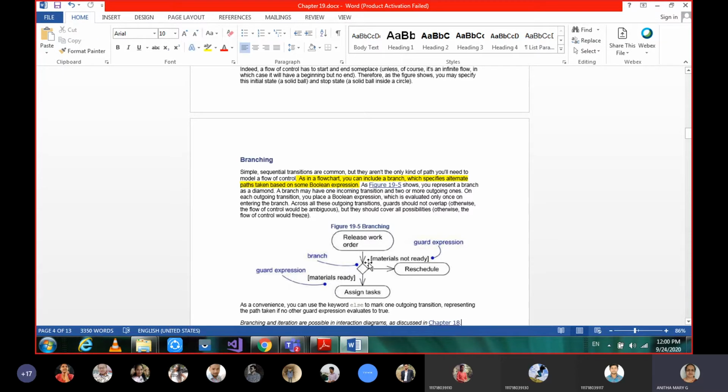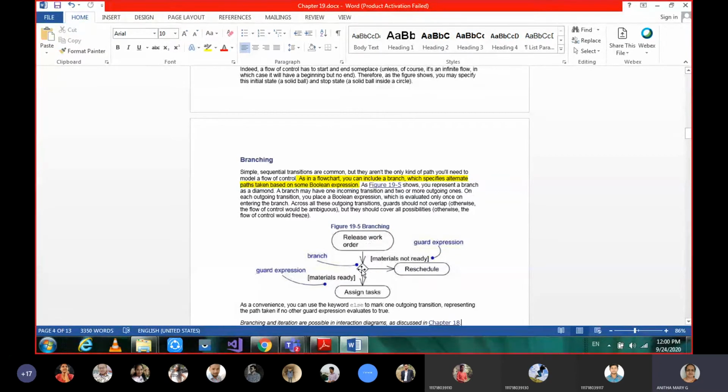Okay, so from the decision box, it takes this way of flow control when the materials are ready, and it takes this branching side when the materials are not ready. Okay, so let's see this example here. The work is starting for release work order. Maybe day-to-day daily wages people. As soon as they go for the work, some work will be assigned to them.